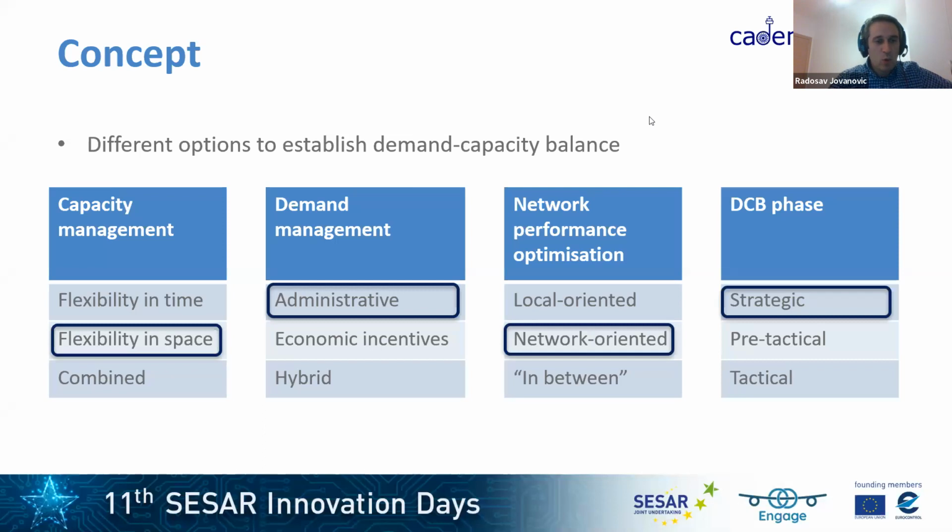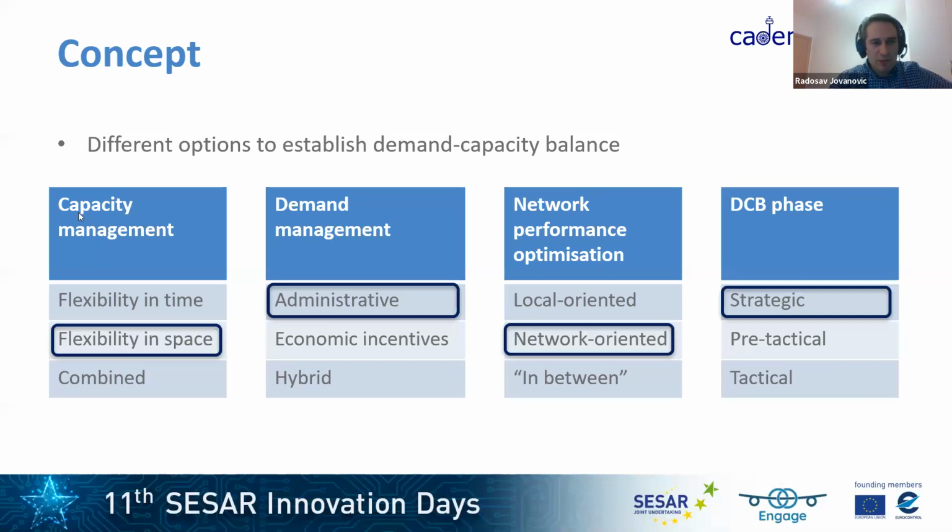Thank you, Arne. So the work presented today is just one combination of those various possibilities. So dealing with flexibility in space, meaning something similar to the capacity on demand concept introduced by the Airspace Architecture Study, and the cross-border capacity provision, which has been mentioned already for a couple of years now, and with some initial, actually a nice practical implementation, for instance, between Finland and Estonia. The measures would be administrative, which we discussed today.